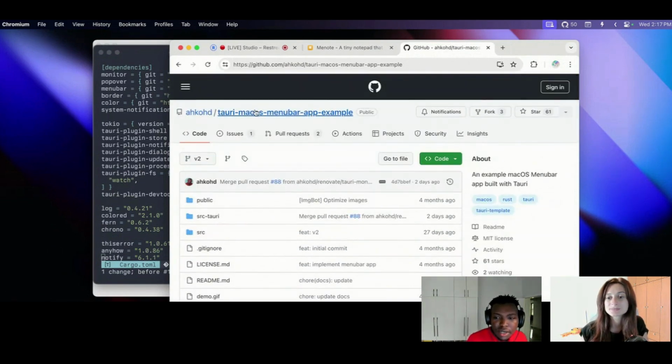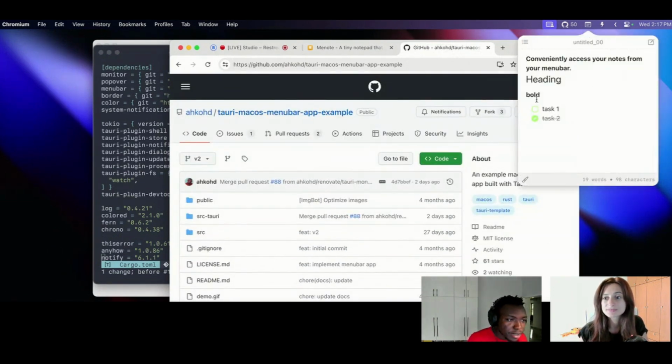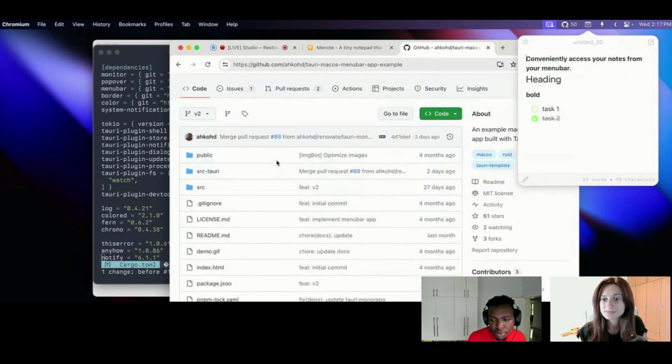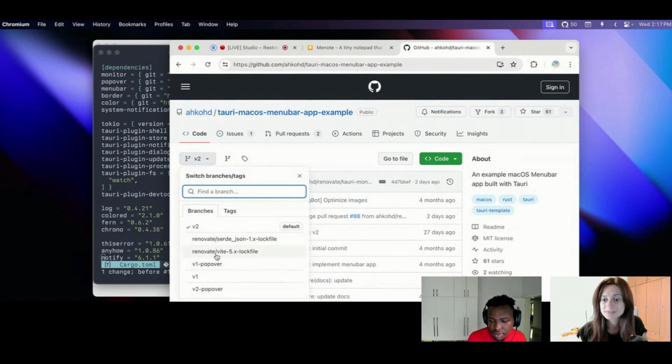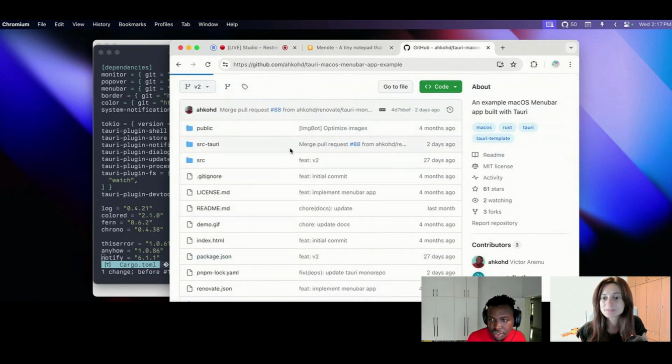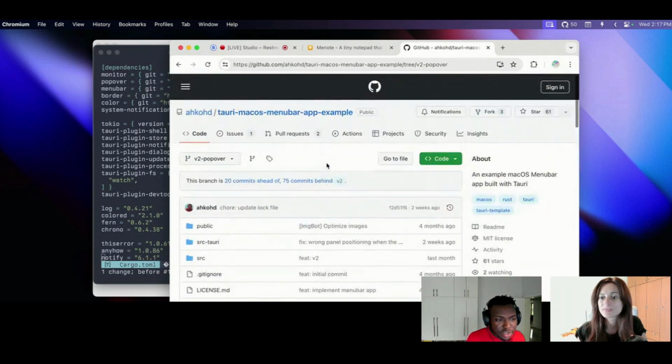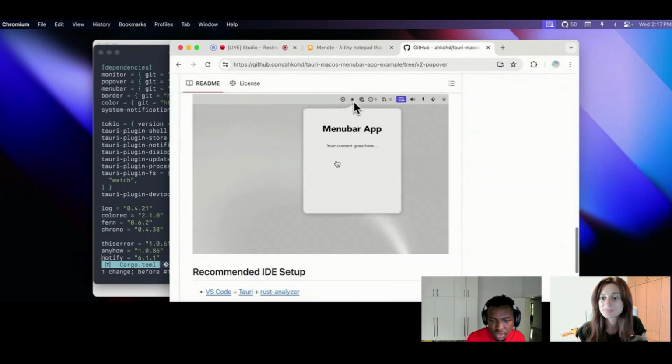One is the menubar app, apps that show on your menu bar like this. The base project for this Menote is actually open source on this repo. If you go to this popover branch, which is a template I published, you would see it.